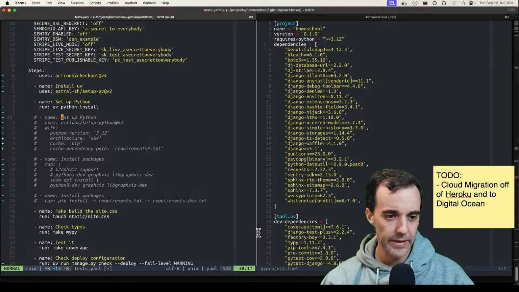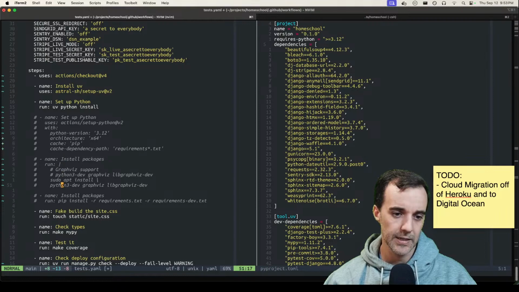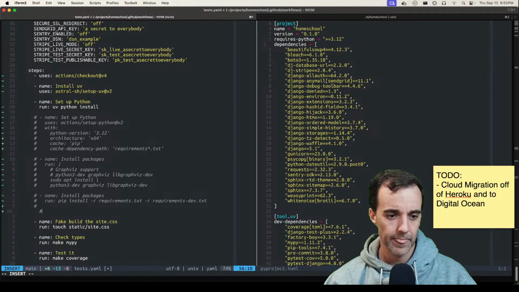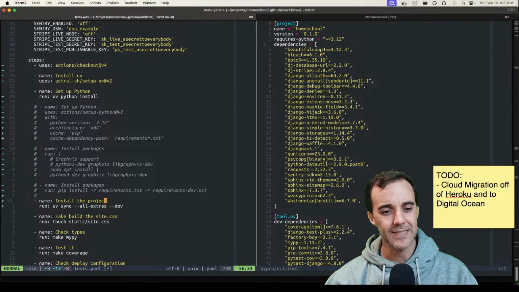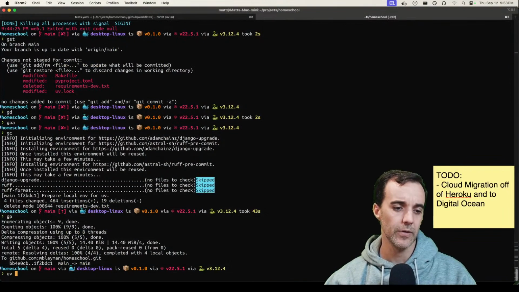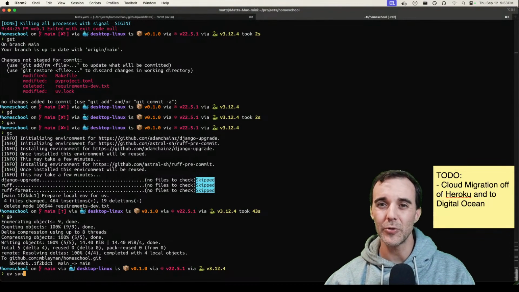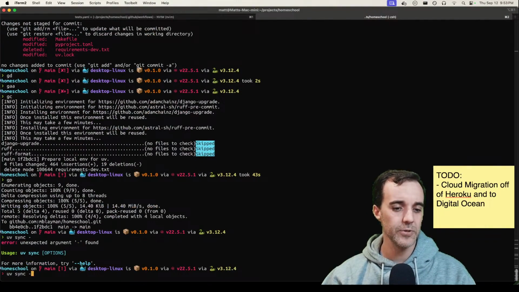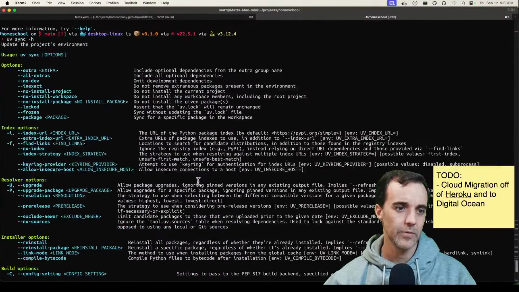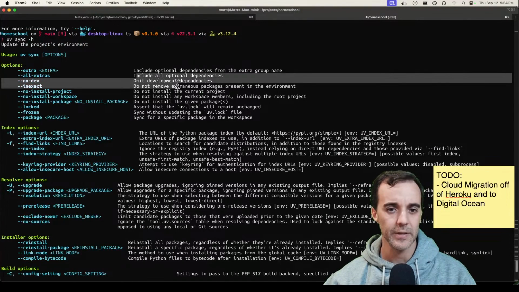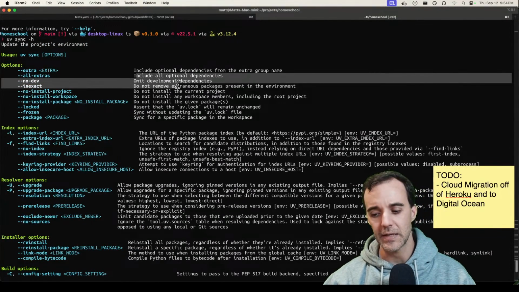So this is going to replace this line here, the install packages. So we've got UV sync, which is basically create a virtual environment that gets everything that's needed. I don't know what the all extras is doing. Actually, let's take a look. I want to understand this. This is fairly new to me too, so I want to understand some of these flags. All extras. What are you? All optional dependencies. So I guess maybe what that means is,